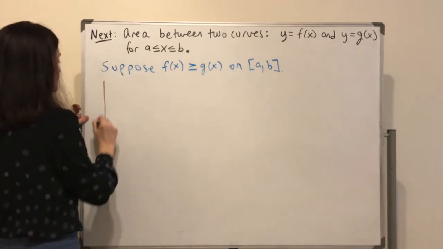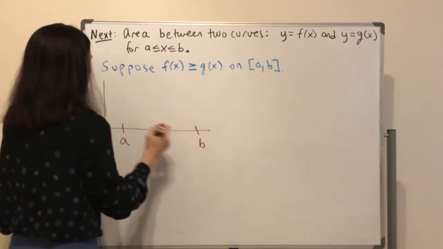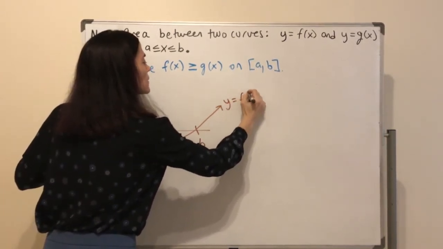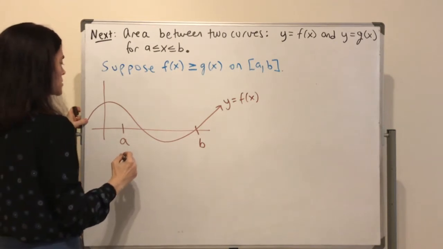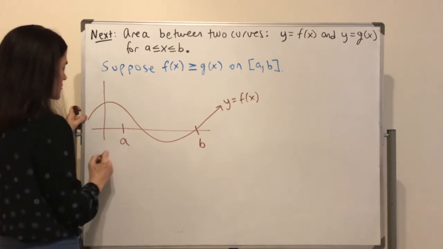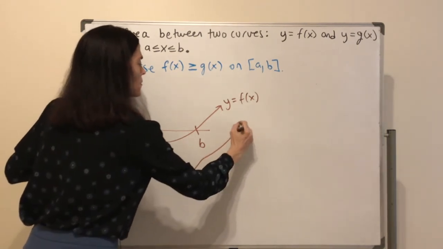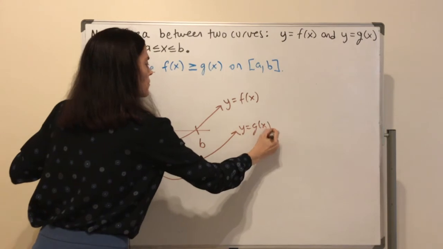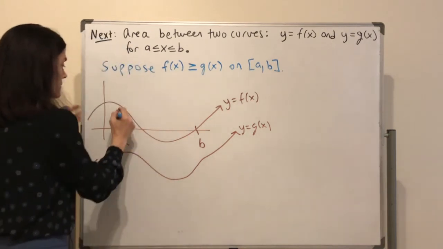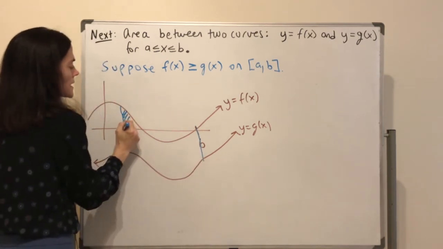We have a to b. We have one function, y is f of x. And we have another function which is less than or equal to f of x, at least on this closed interval, so maybe down here. And then the area that we are interested in is here. It's the area between the two